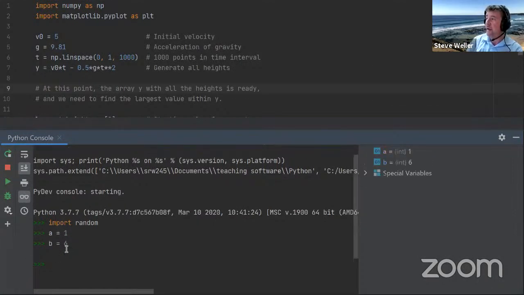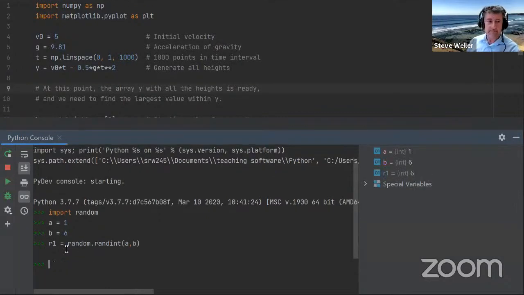If it was me writing the code, I wouldn't use A and B. I'd use something like ran low and ran high, or dice low, dice high, something like that, rather than A and B. They're not very descriptive names. Doesn't matter. R1 is equal to random.randint, somewhere between A and B. So we've generated the random number. Let's now print it.